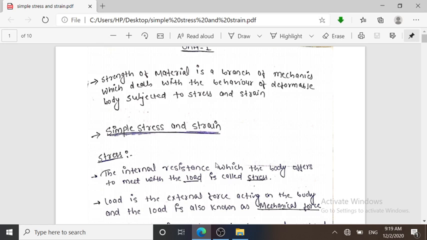Here the term load comes. My dear friends, load is nothing but the external force which is acting on the body. Any external type of force, suppose we are pushing the wall, that is nothing but the load, because here we are applying external loads. Sometimes the external load is also termed the mechanical force. Mechanical force needs direct contact on the body, or the external force acting on the body directly. We are making direct contact with the body under the action of the external load.